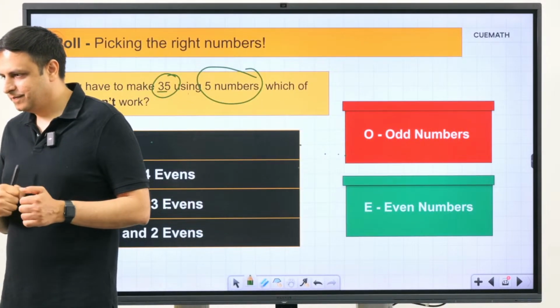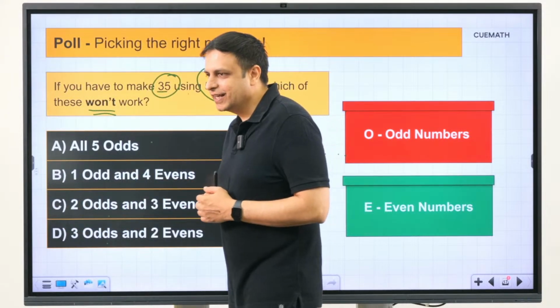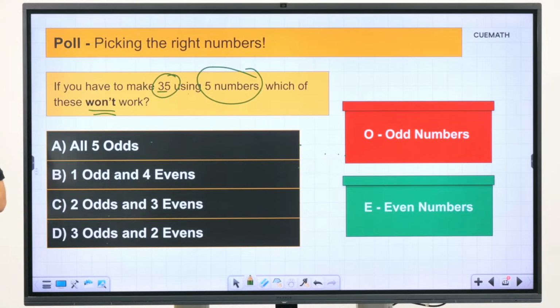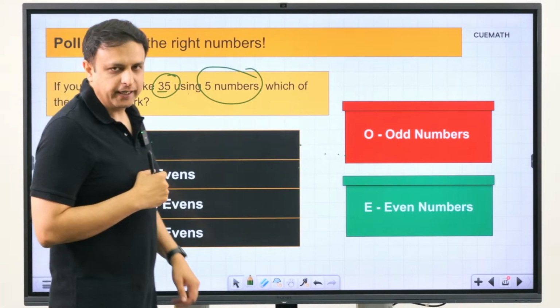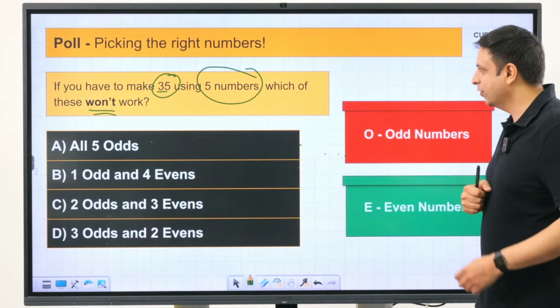Think carefully. I'm going to give this a few seconds because this is kind of the crux here. This is the key idea here. And if you are able to get this right, it means you have truly understood what we are trying to do here.